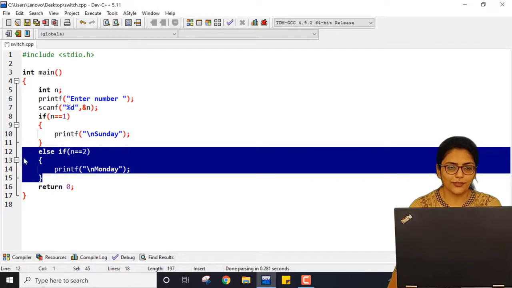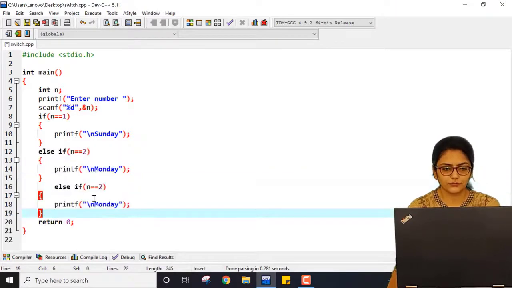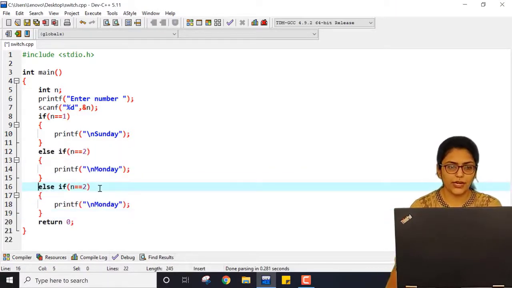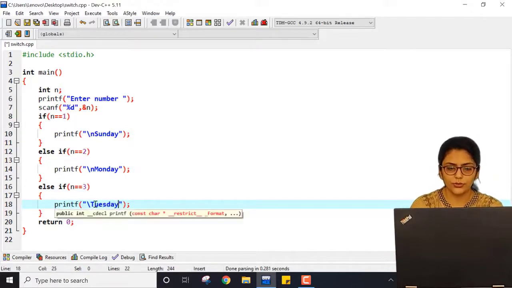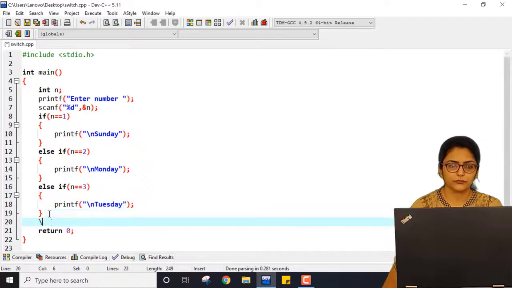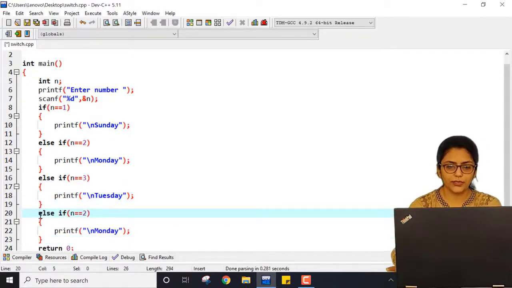Then I'm just copying this and pasting it over here. If n is equal to 3, at that time this must be Tuesday, right? Let me copy it again.